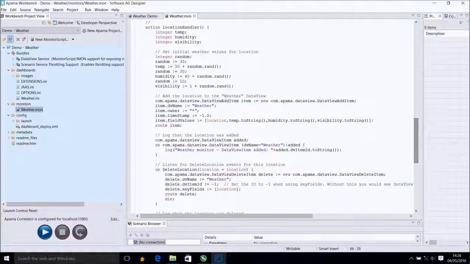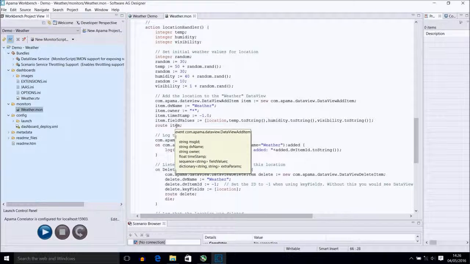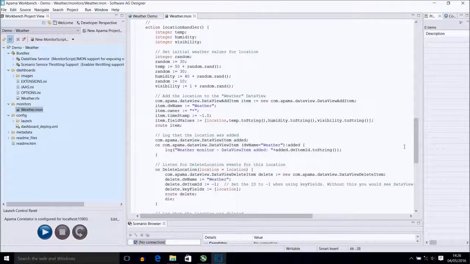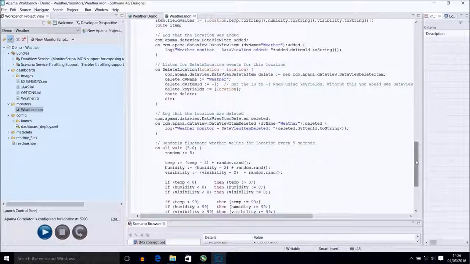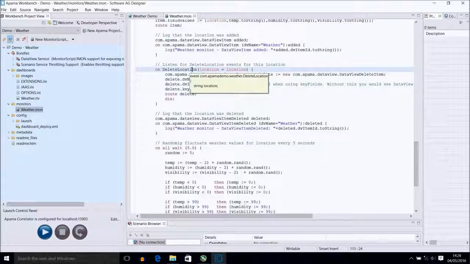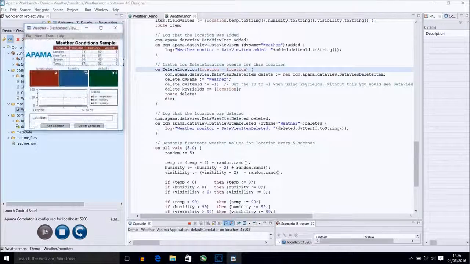Within our handler, it simply generates some random numbers for the temperature, humidity, and visibility, and updates those values in an instance of the data view item for this weather data view and routes that. It also has a 5-second wait listener where it will repeat this random update. As mentioned previously, there is a listener for the delete location event to kill off the spawned handler. Now that we have our monitor set up, in order to make this data available to the dashboard, we must run the project. Now, let's look at the dashboard and discuss the various settings on the components that make this